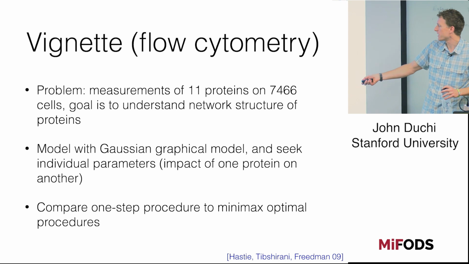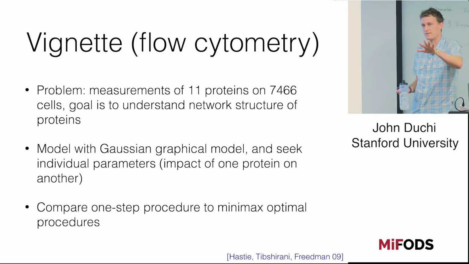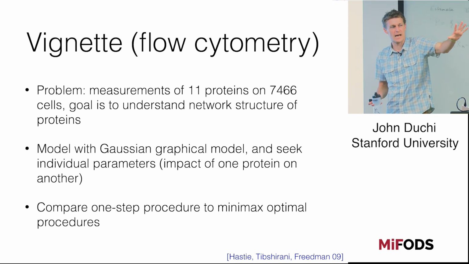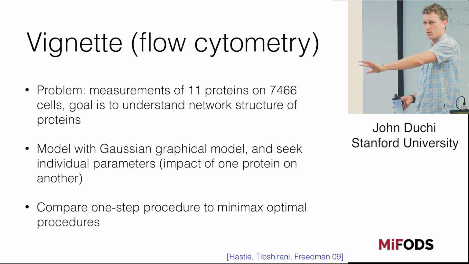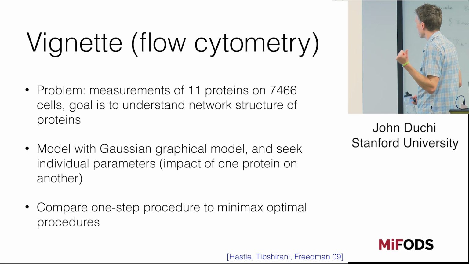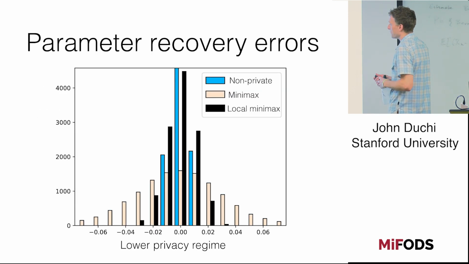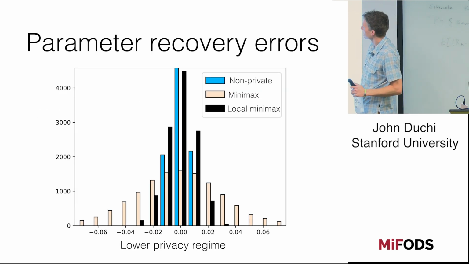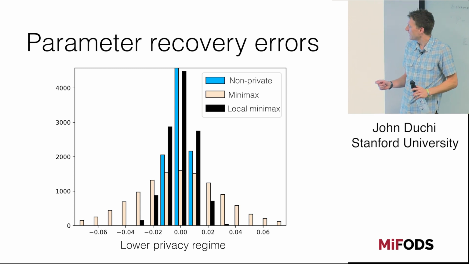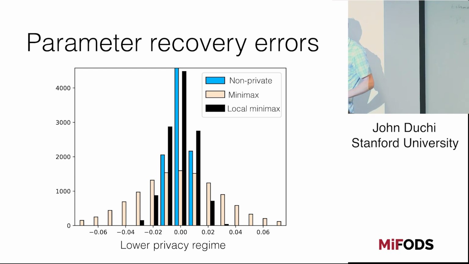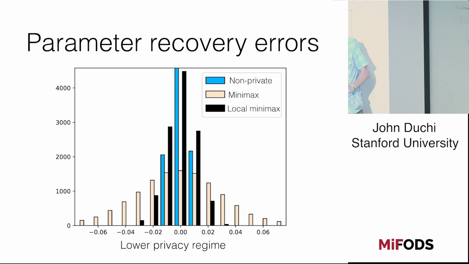And so we have what I call a one-step procedure, which is basically this locally optimal procedure that's adaptive to your problem and still private, versus the classic minimax optimal, worst-case optimal procedures that I designed a couple years back. I'm going to put this plot on. What is this showing? On this axis is our error in estimating a parameter of these models, and this is a count of how many times our error belonged to a particular bucket.